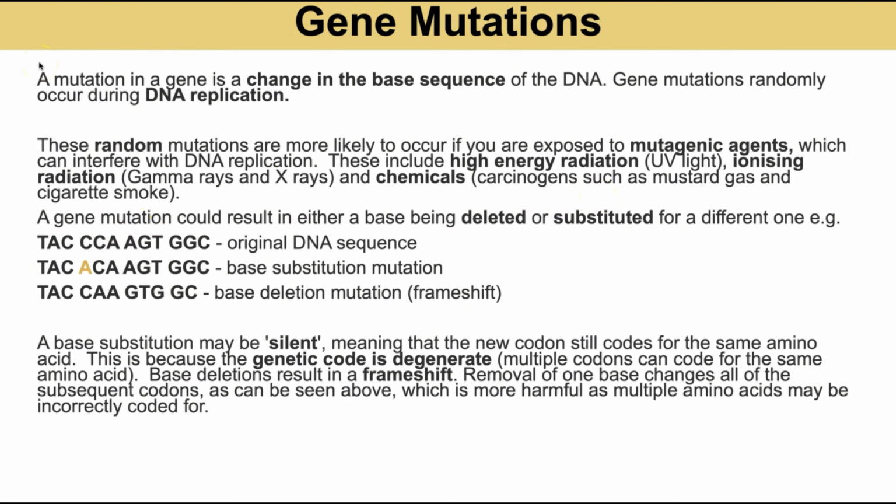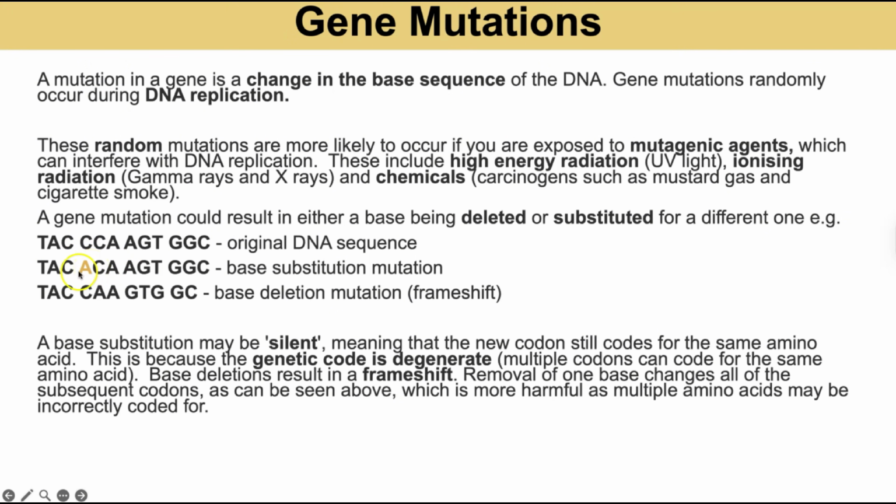There are 2 types of gene mutation that you need to know for topic 4. You do learn more in topic 8, but for paper 1 or for the AS, you only need to know deletion and substitution mutations, which is modelled here. So here is our original unmutated DNA sequence. A substitution is when one base is changed, and we can see that cytosine base in the original has been changed to adenine, and maybe that might still code for the same amino acid because the genetic code is degenerate,